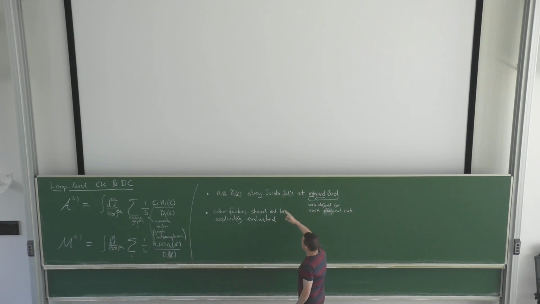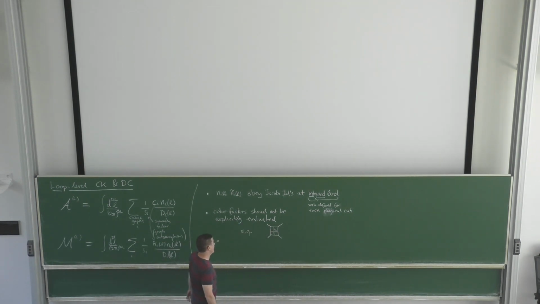And the reason is exactly the same as here, right? When I talk about evaluating a color factor, it's very similar to evaluating a Feynman diagram by integrating it, right? And things might disappear when you integrate. Things might vanish. There are integrals that vanish, and similarly there are color factors that actually vanish when you evaluate them. So one very interesting example of a color factor that actually vanishes when you evaluate it is this four-loop non-planar diagram